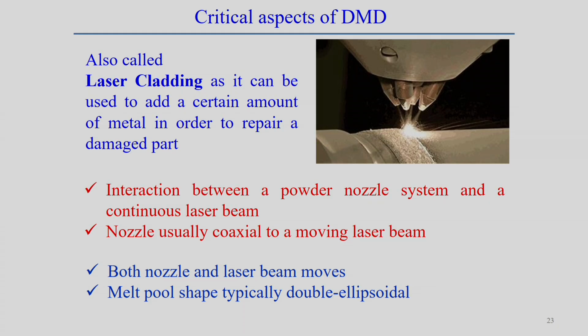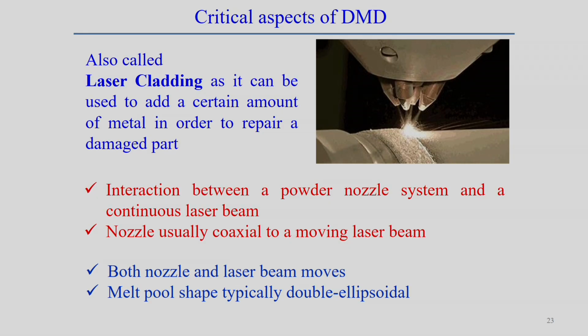So, in the direct metal deposition technique, we need to control the powder flow rate. At the same time we need to control the heat source, and mostly in these cases we can use either a laser beam heat source or, in a few cases, an electron beam. But of course, this technology has some similarity to the laser cladding process also.